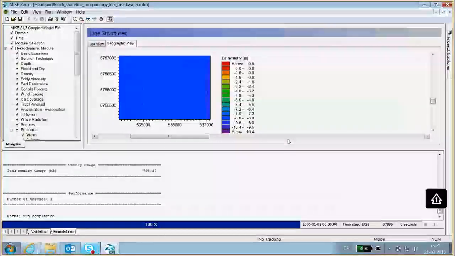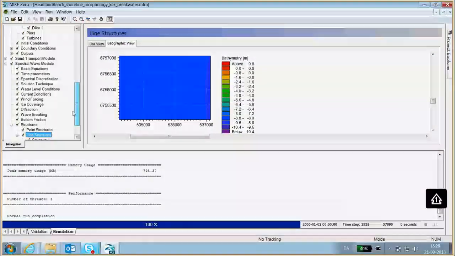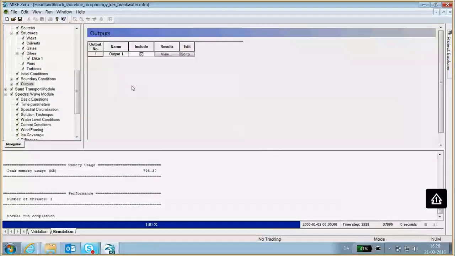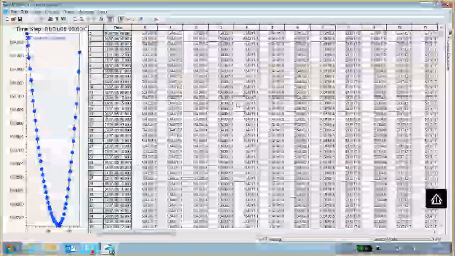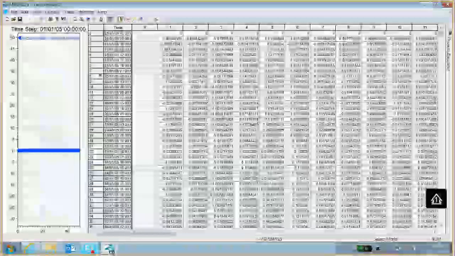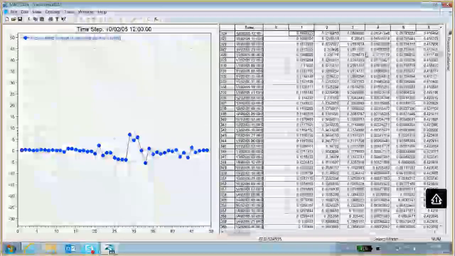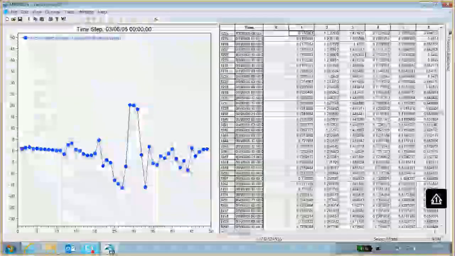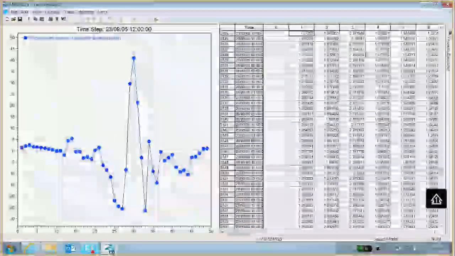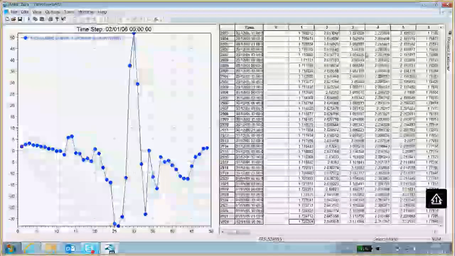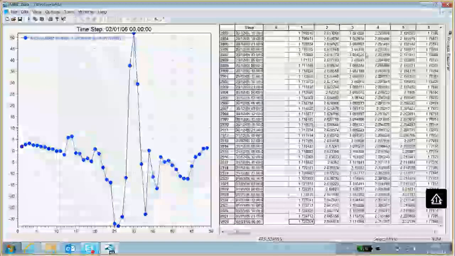breakwater simulation has finished. And we can have a look at the results here in the output, sand transport. Here we go, view coastline. And then we can have a look at the accumulated change in shoreline position. And we can see, wow, it's very different than it was before. So we have a massive salient forming in the lee of the breakwater, causing accumulation of 50 meters of shoreline and downdrift erosion of minus 30 meters.